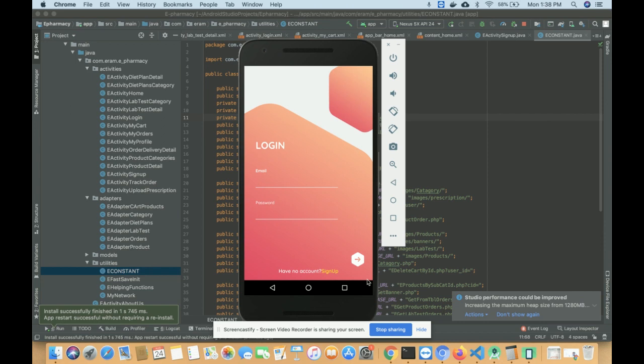And for the database, I'm using MySQL, and for getting the data from MySQL, I have written all of the APIs in PHP. Means all of the data is saved inside the MySQL database using the PHP API, right? So the technology stack: I'm using Android Studio for writing the Android code, and PHP and MySQL for API development. I'm using PHP version 7 and MySQL version 5.6, right? And for communicating between the Android application and the database, I'm using the PHP API.